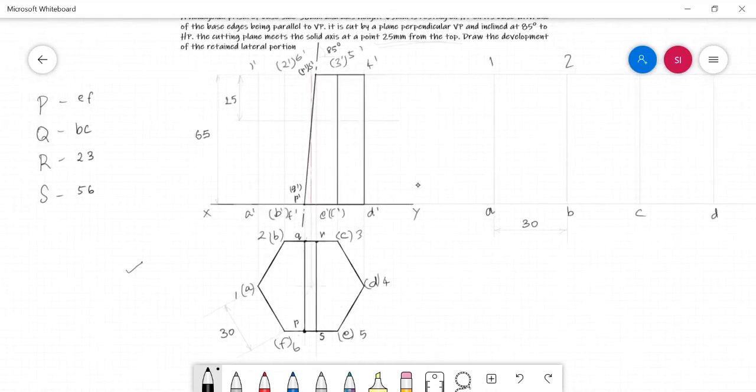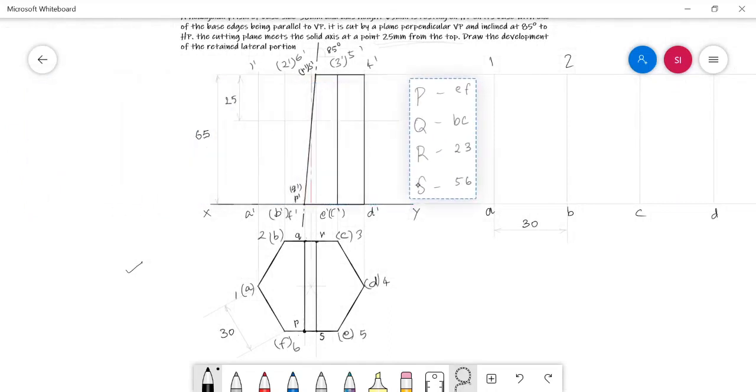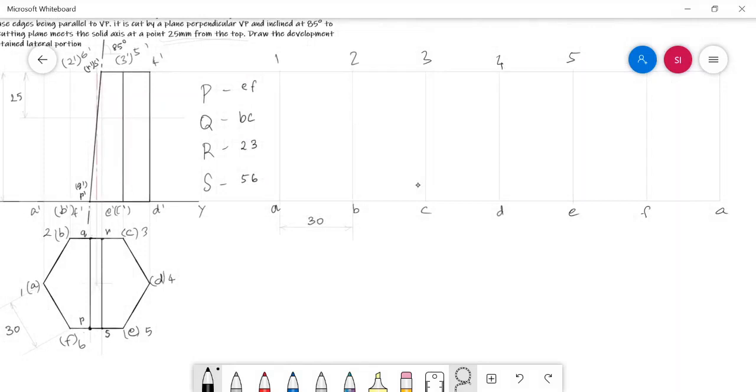And here you can note one thing. It is not possible to simply project the cut points from the front view of the solid to mark them in their respective positions, because none of the cut points in these problems are obtained in the longer edges. All the cut points are obtained in base and face edges. So it is not possible to project the cut points from the front view towards the development and mark them.